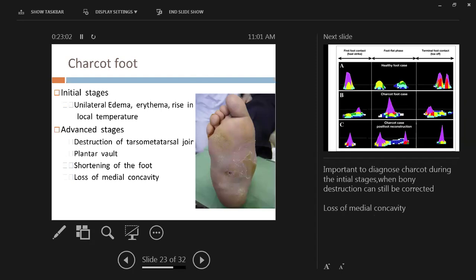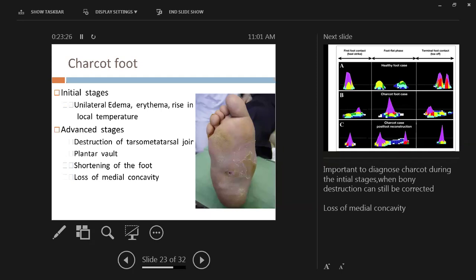So this slide talks about the different stages of Charcot foot. I'll review it very briefly. Typically Charcot foot starts as a very swollen, red and hot foot. A lot of things can cause this, blood clots can cause this. But when a diabetic patient comes in and I see this red, hot and swollen foot,